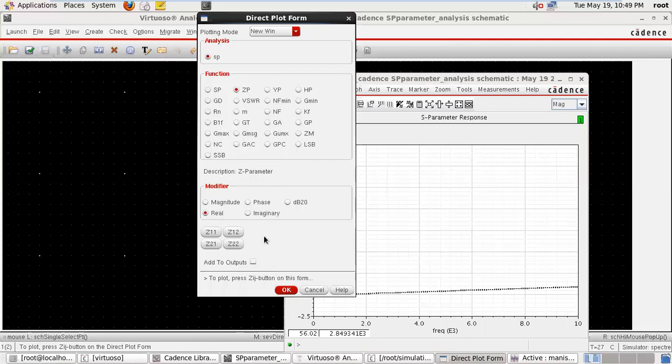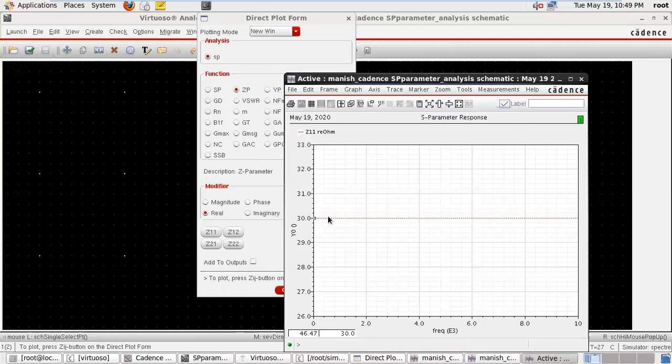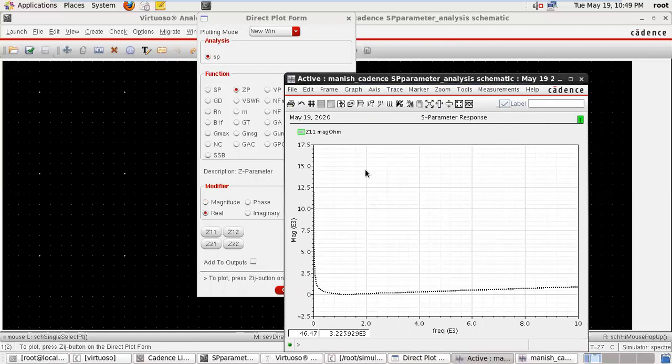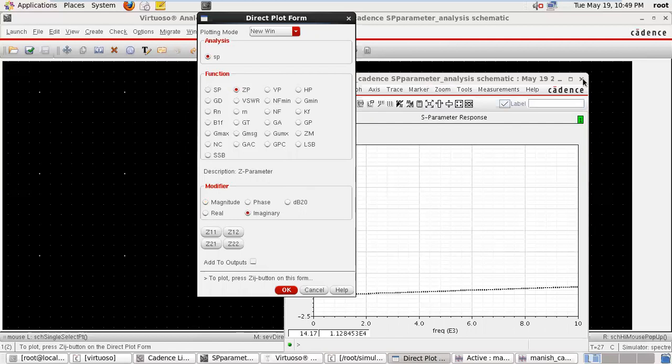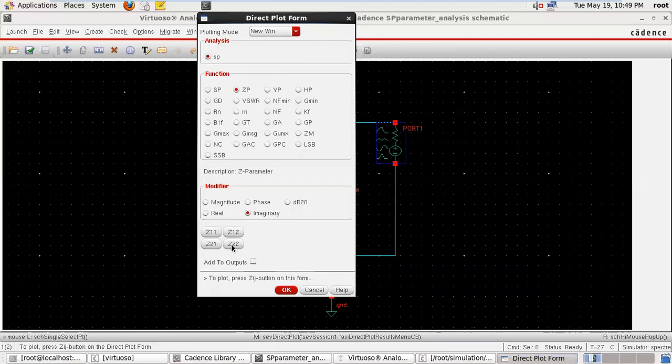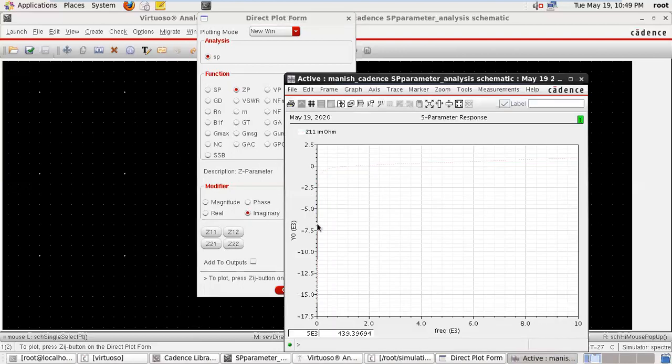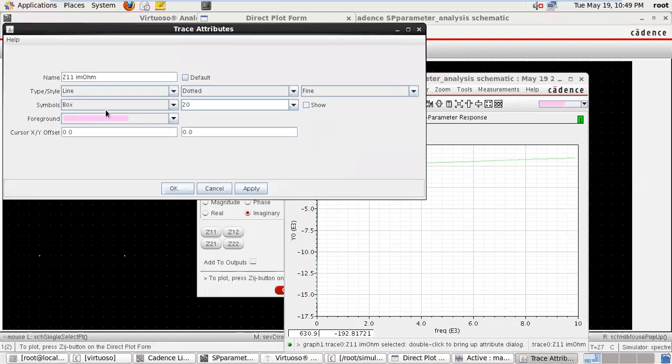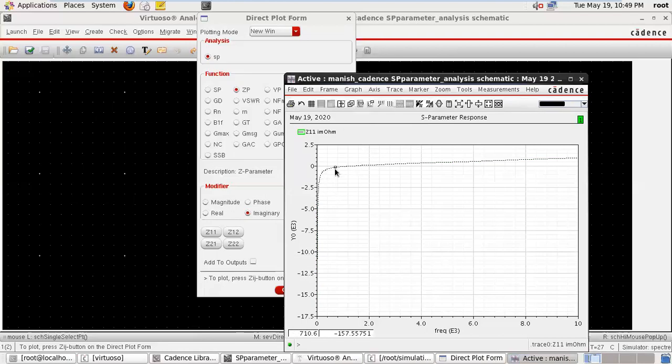If we draw the real of Z parameter Z11, it is a constant, so the real part of the impedance is not varying with the frequency. If we go to the imaginary part, imaginary part of Z11, this is the imaginary part. So all are functions of frequency. So just analyze mathematically the significance of all the impedances. You can calculate the S parameter.